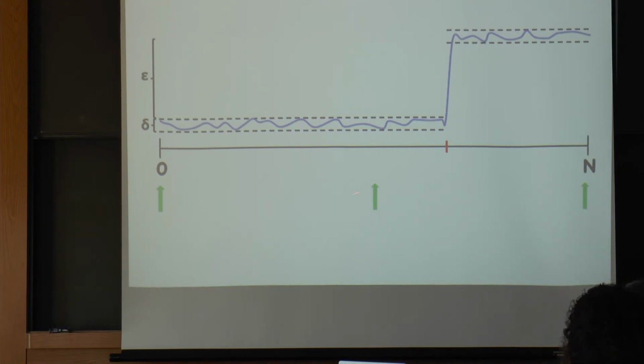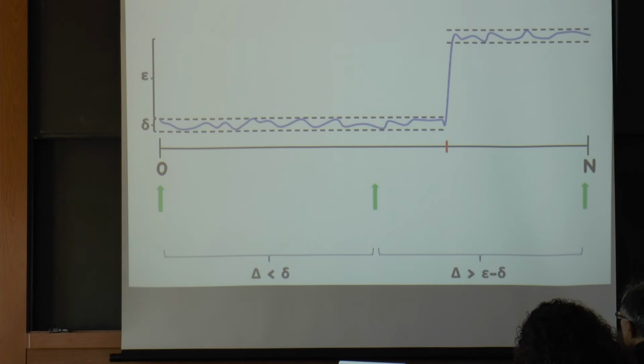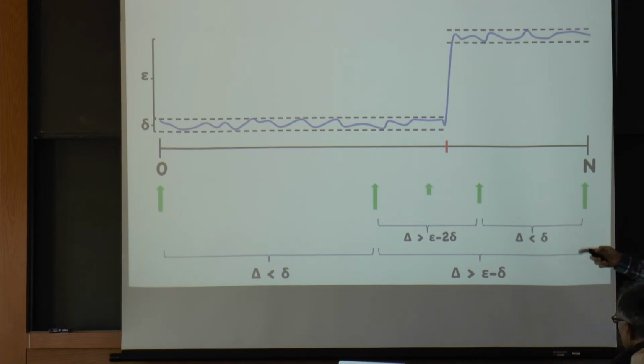Suppose I just have the one user for now. Between here, I don't have any users, so I'm not going to have any jumps. But between here, where I do have a user, I have this big jump. And so I just recurse on this side, and I query the midpoint of this interval. I see I have a jump on the left, so I go query the midpoint of that, and so forth.